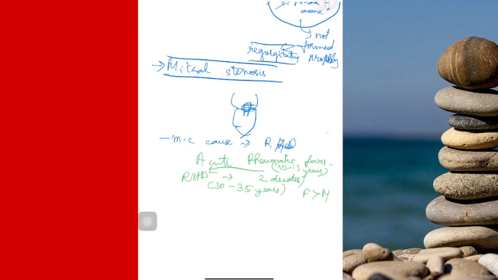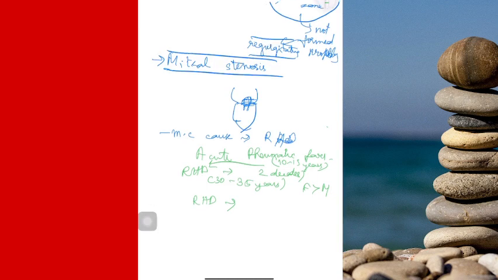And moreover, the topic of rheumatic heart disease is still debatable. It has a lot of dilemma till today. What is the most common valvular lesion that you see in rheumatic heart disease? Most of the people say, just by observation, mitral regurgitation. But as far as we've seen in an Indian setup, and as far as I've seen to my knowledge and what my teachers have taught me, it is mitral stenosis, because 100% of mitral stenosis are associated with rheumatic heart disease. But the most common lesion in rheumatic heart disease could be mitral regurgitation. Okay, it is not the other way around. The other way around does not hold good as far as mitral stenosis and rheumatic heart disease are concerned.